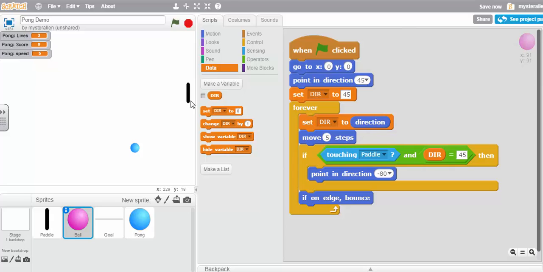The variables, I should have said this at the start, I guess. Variables, in case you haven't quite got it yet, are just storage spaces. They keep track of a value. It doesn't have to be a number necessarily, but usually it will be for our purposes, at least at this point. They keep track of the number of lives, the score, the speed, and so on, and the direction that